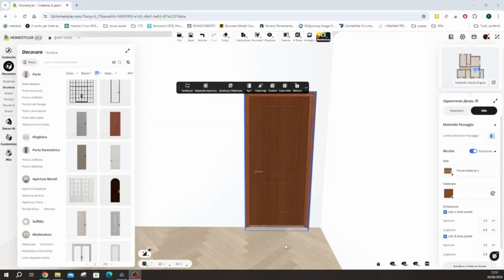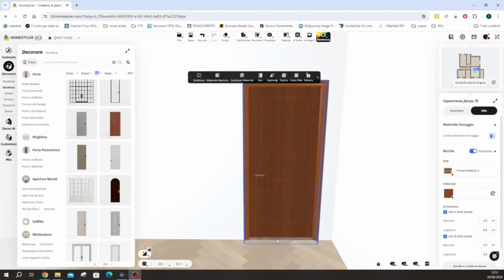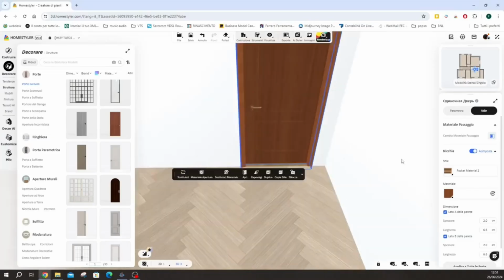In this way, we can determine which of the two floors should be visible inside the room. Obviously, here we would like to see the same parquet that we have in this room. So let's try clicking on it and see that the same parquet appears. If we click again, however, we can see the floor that is in the adjacent room. So let's select this floor.